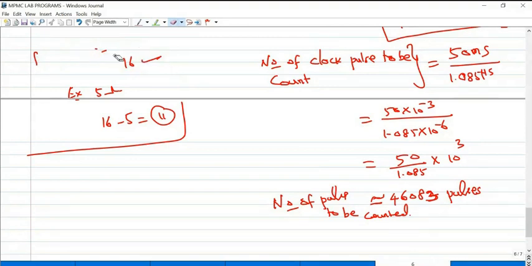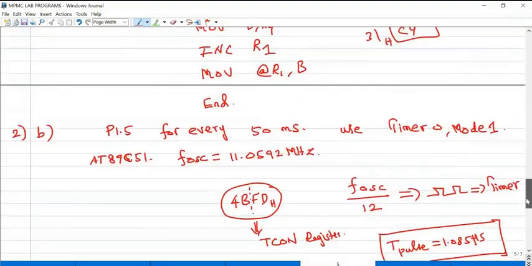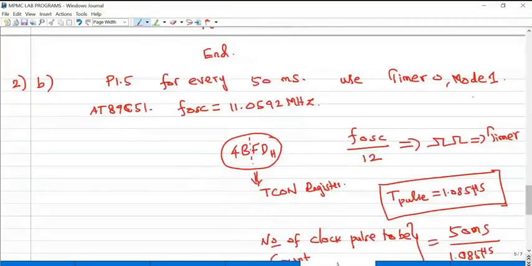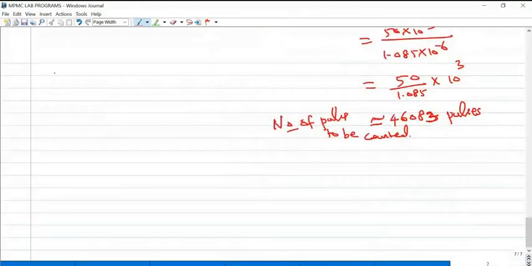Same concept here. For a 50 millisecond time delay, my timer circuit should count 46083 clock pulses, but I should not load this value directly. We are using mode 1, the 16-bit mode, meaning 65536.